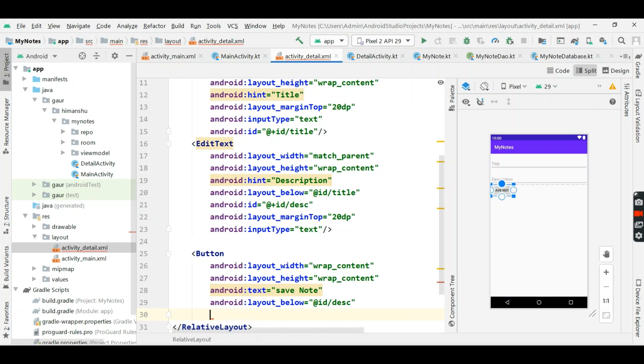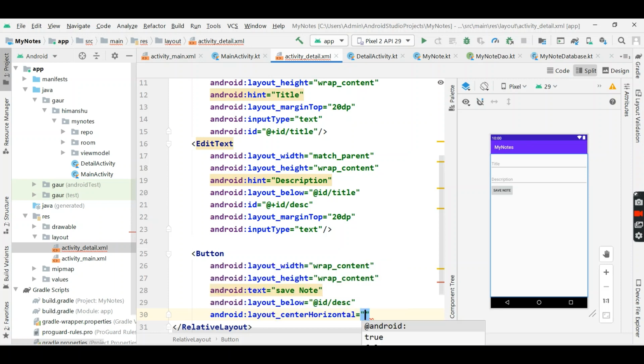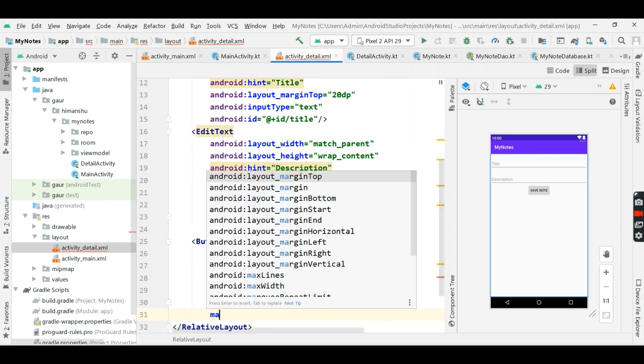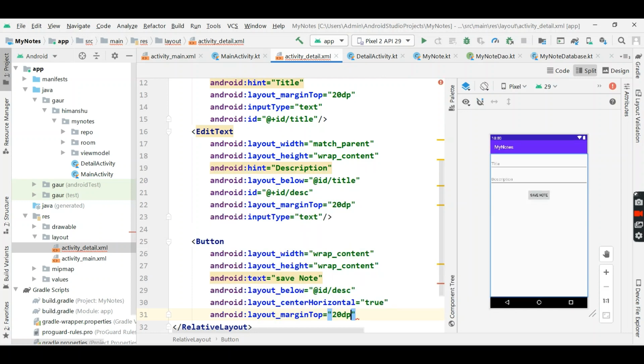So this is not working, so center vertical, not center horizontal, is true. Okay, provide some margin from top, it is 20 dp. I think it's 40. Yeah, now it's fine.